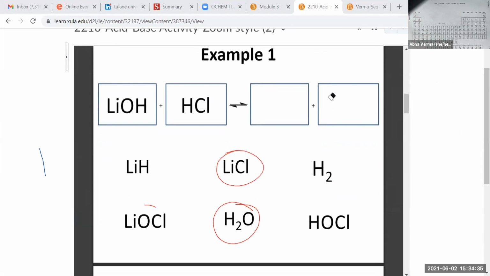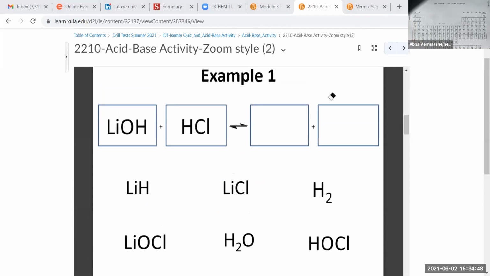But the main idea is for you to be able to recognize your products. So what is it that I am expecting from you? What I expect from you is to label your base and your acid, to mark your basic site and your acidic site, to show me the two-step chemical reaction and to show me the products,